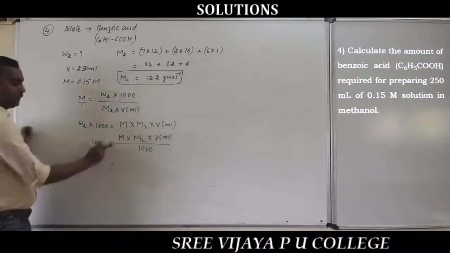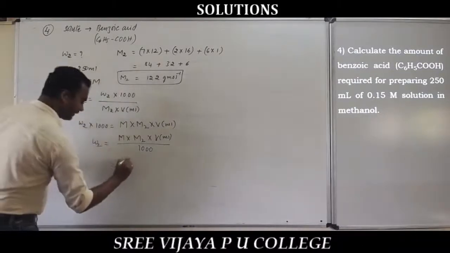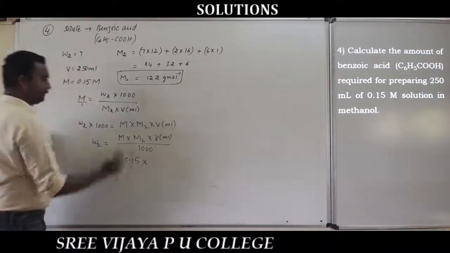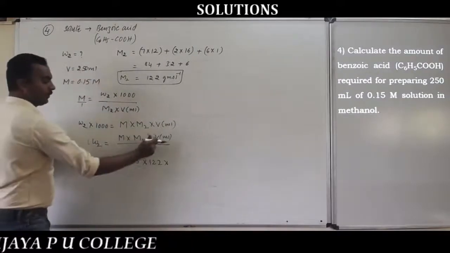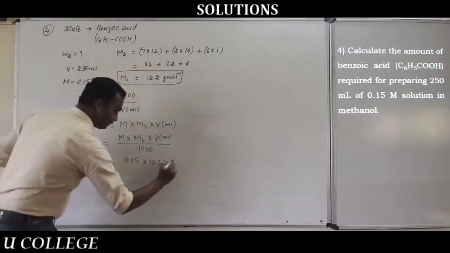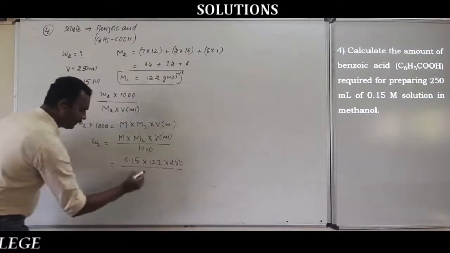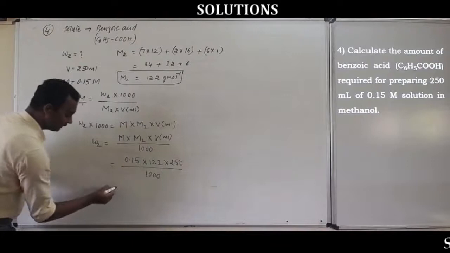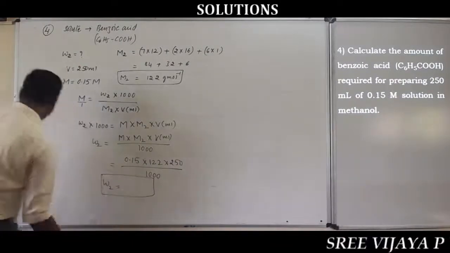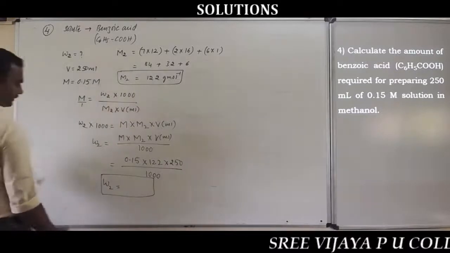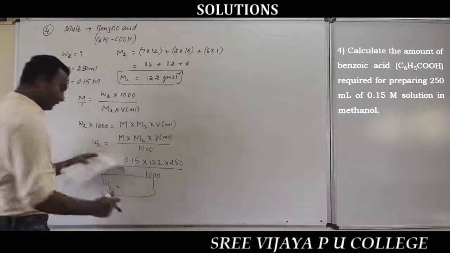That is equal to molarity given, that is 0.15 into molar mass of solute calculated, that is 122, volume of solution given, that is 250 ml whole divided by 1000. So after calculation, WO2 is equal to mass of benzoic acid is equal to